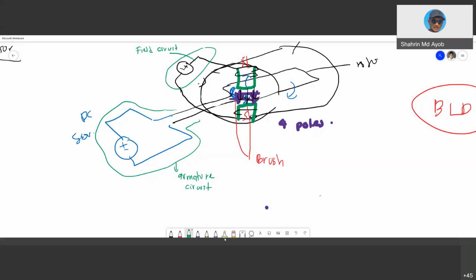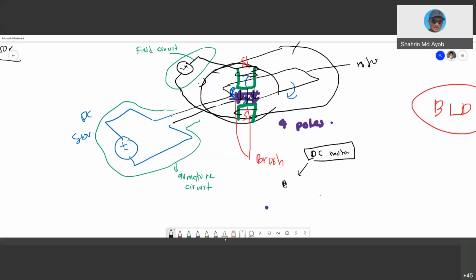So I hope when we talk about the field circuit, you can imagine what this circuit represents in physical form. Okay, so the field circuit is a circuit used to produce the flux at the stator. And it depends. So this motor, if you refer to my slide, this DC motor,